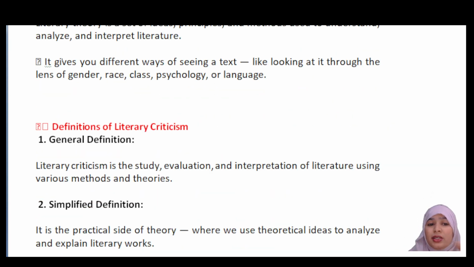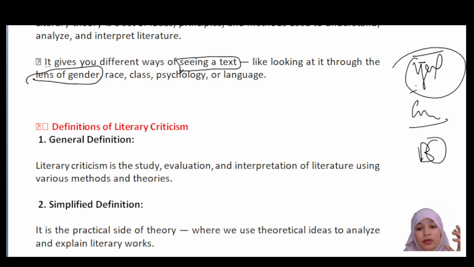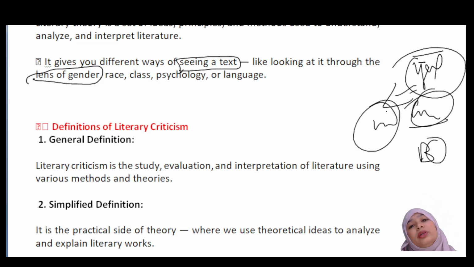Especially, it gives you different ways of seeing the text, according to literary theory. First, it is looking at it through the lens of gender. Yesterday I told you, right? Putting on goggles, whether yellow goggles, green goggles, or blue goggles. If you put on yellow goggles, you will see the whole world as yellow. If you wear green goggles, the whole world looks green. Like that, once you hold the work,